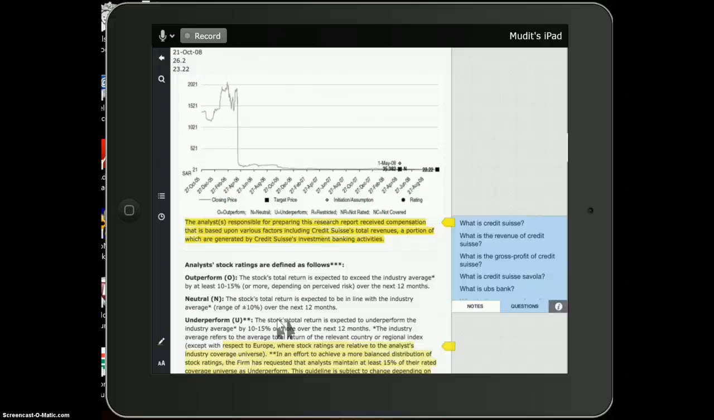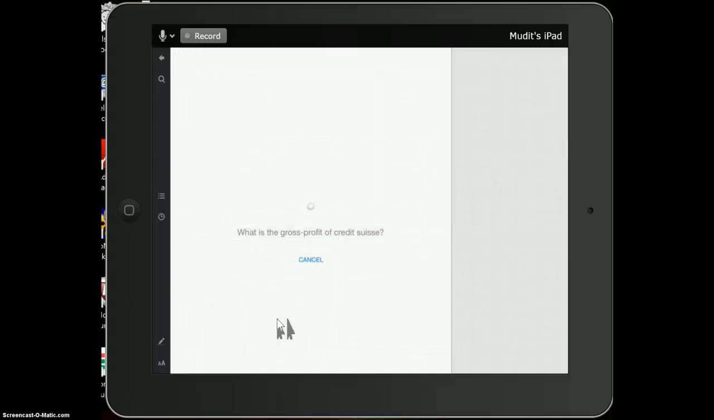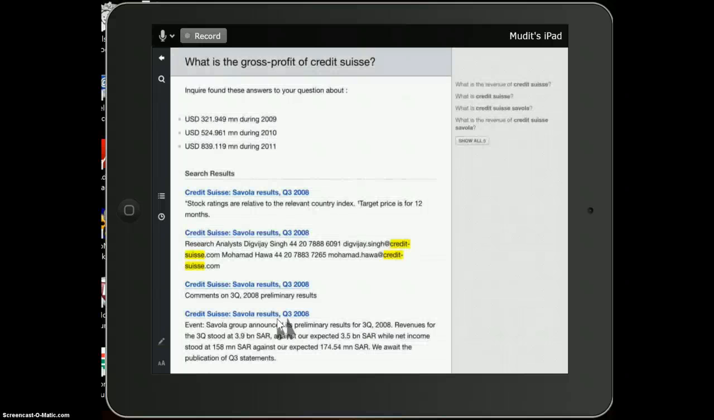and I can write some notes here for future reference, or I can click on any of these suggested questions and get the answer and go over it. This is all